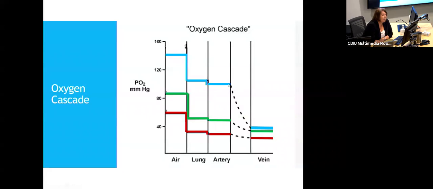If you have a problem with O2 transport, whether it's due to a lack of hemoglobin or your cardiac output is poor, you're not going to be able to move oxygen around so that it can get to the tissues and you can exchange gas. Let's look at an